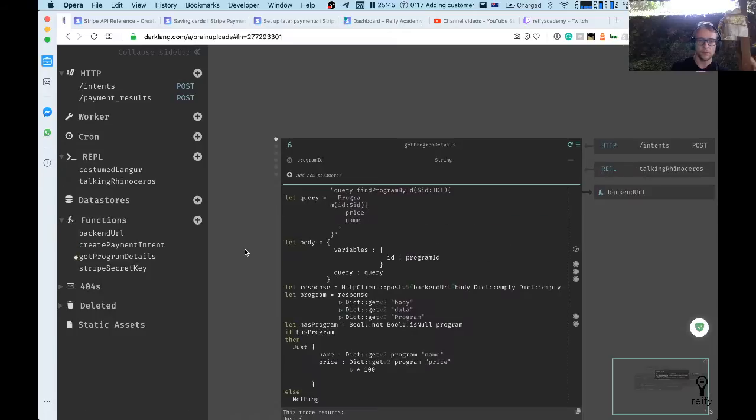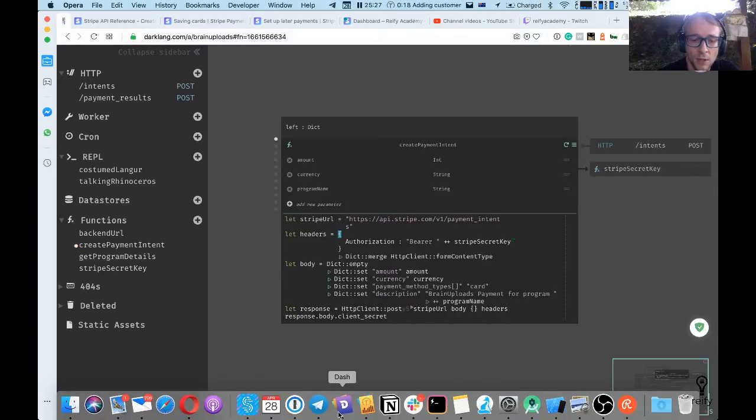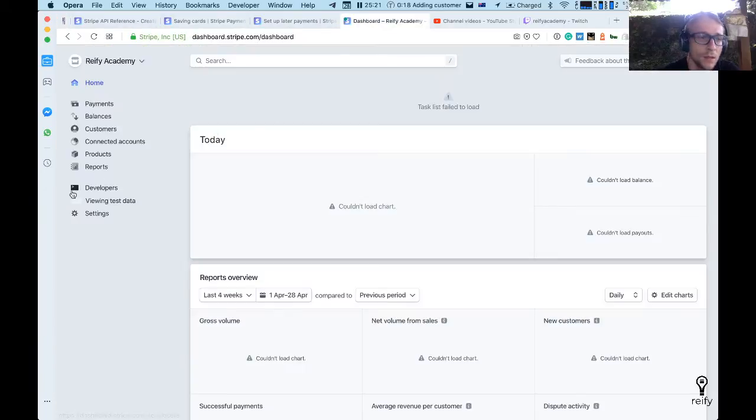So we get the program details from the CMS that I have for the project I'm using. We grab information like the price and the name from the CMS, and then we create the payment intent with Stripe, which is then used on the checkout page. That checkout page allows us to put a credit card there and actually get the payment working. And you can see payment data in